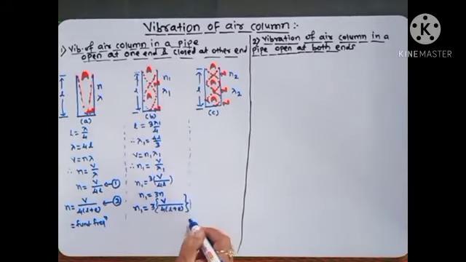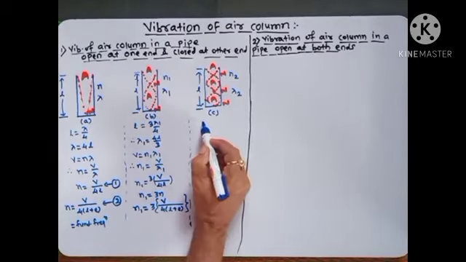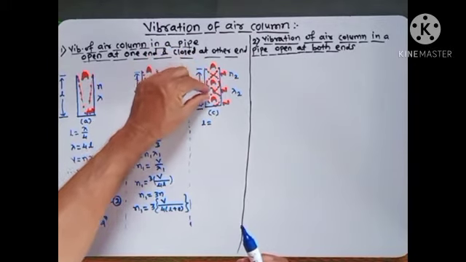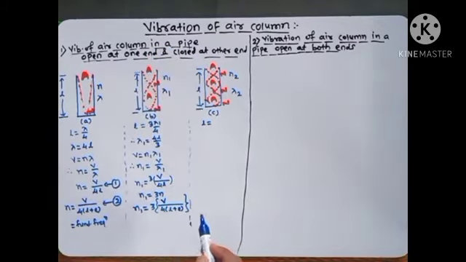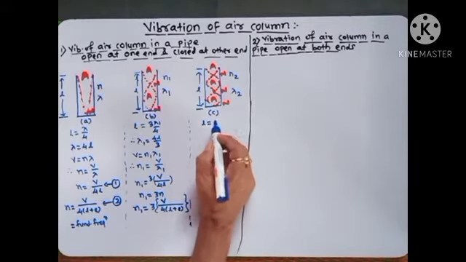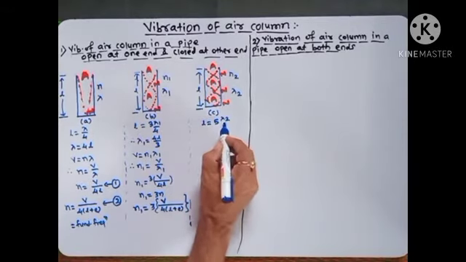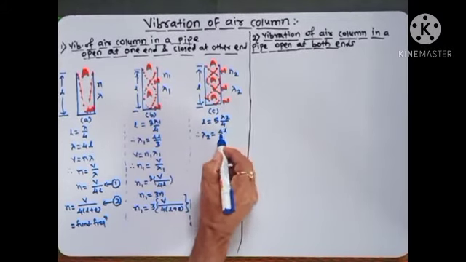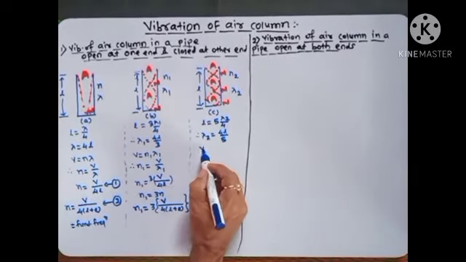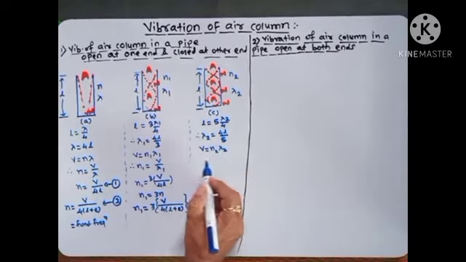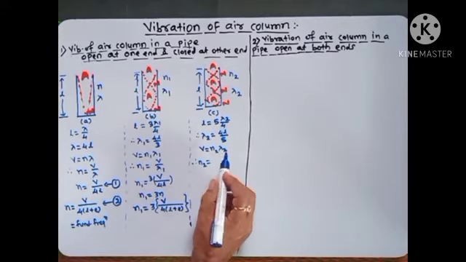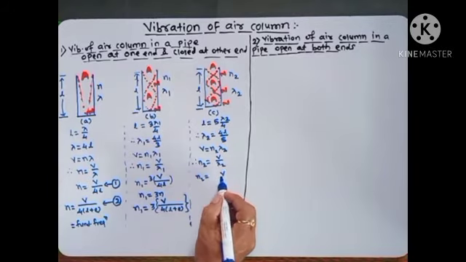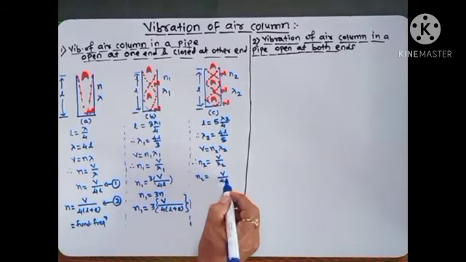Now for the third figure we write L equal to, see here 5 half loops are there: 1, 2, 3, 4 and 5, and the length of one half loop is a quarter of the wavelength. At that place we get 5 lambda 2 by 4, and therefore lambda 2 is equal to 4L divided by 5. Again you know V is equal to N2 lambda 2, and therefore N2 is equal to V upon lambda 2,